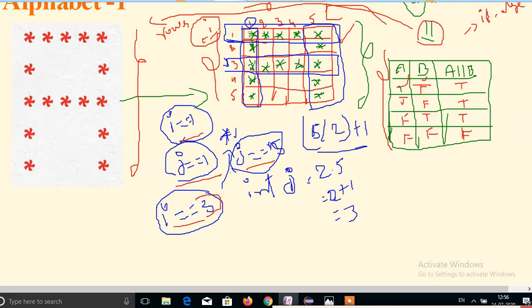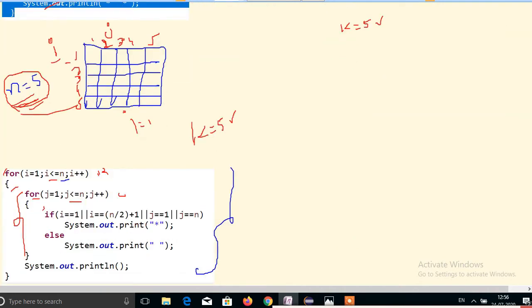Here we get the 3 value by using the n by 2 plus 1 method. So I wrote in the if condition: if I double equal to 1 or I double equal to n by 2 plus 1 or j double equal to 1 or j double equal to n, if any condition is true, print the star, otherwise print a space. So it will print the space between stars.